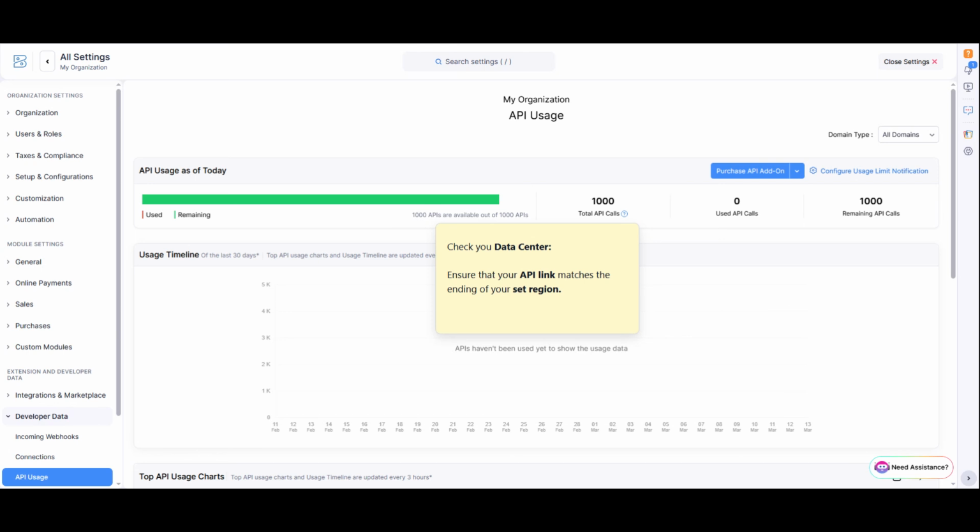Often, these errors are just temporary hiccups caused by brief server maintenance or a momentary overload on Zoho's side. If you give it about 60 to 90 seconds, the server usually resets itself, and the page will load normally upon your next attempt. If waiting doesn't work, we need to move on to step 2, which is verifying your